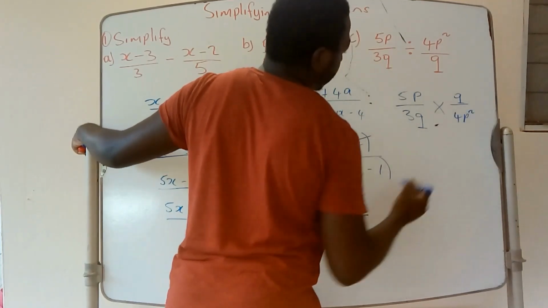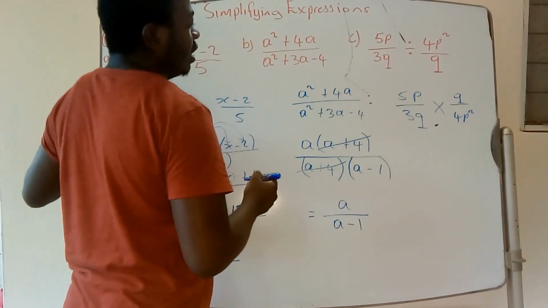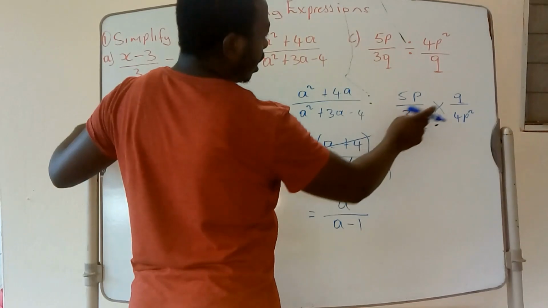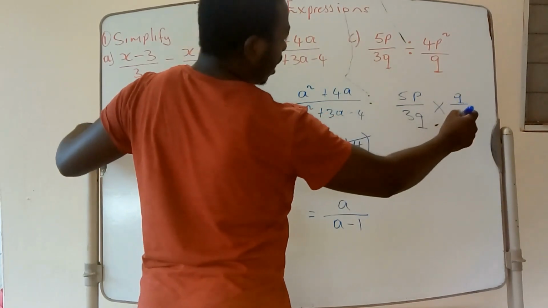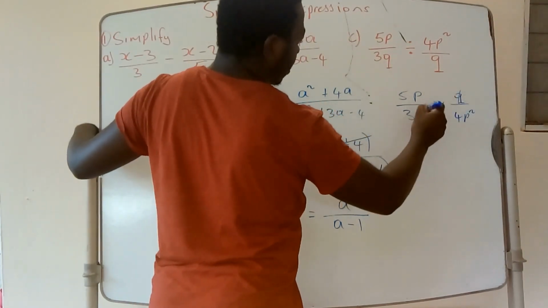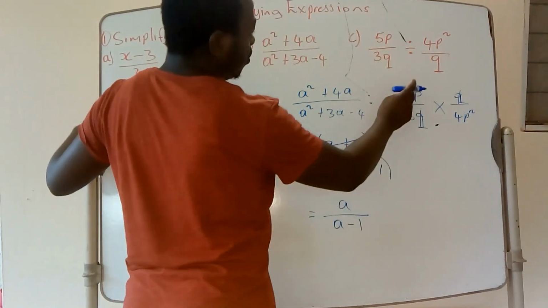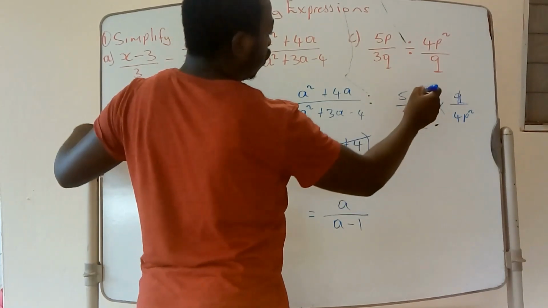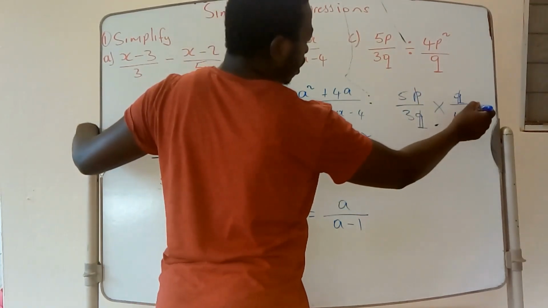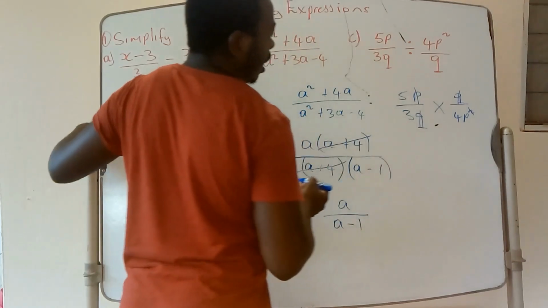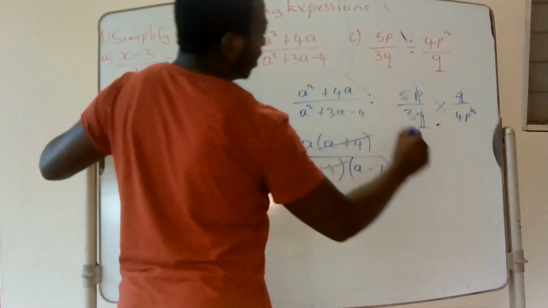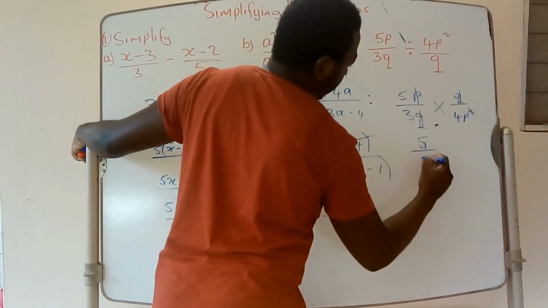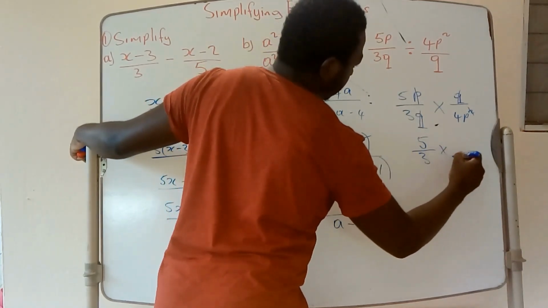4p squared, right? Now at this stage we can cancel out. There's a 3q here and there's a 1q here, so q can cancel out q. There's p here and there's p squared here, and p squared means p times p, so this p can take out one of these p's. Alright? So we're left with 5 on this side over 3 times